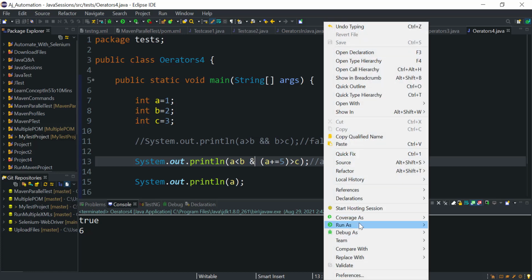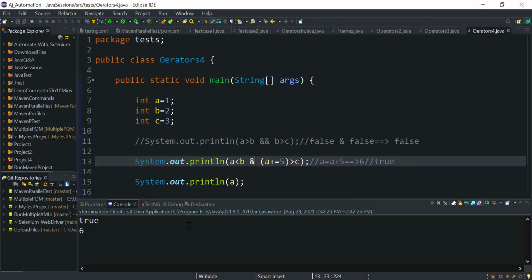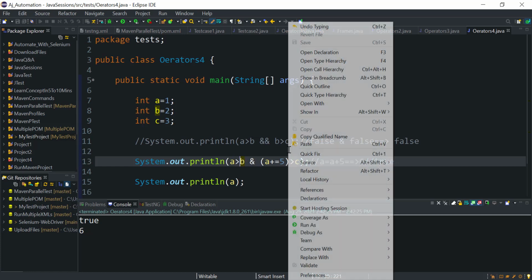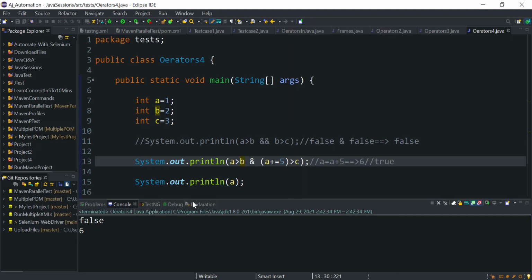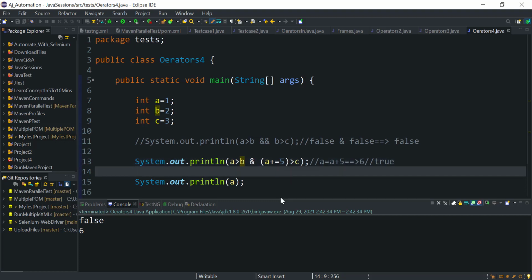So if you run this, A equals 6 when the first condition is true. If the first condition is false, it is still going to check the second condition. So both times we will get A equal to 6. Okay, so I hope this is clear. You can practice on your own with the help of this example, and then you will understand this concept properly. Okay, so this is about the logical AND and bitwise AND.